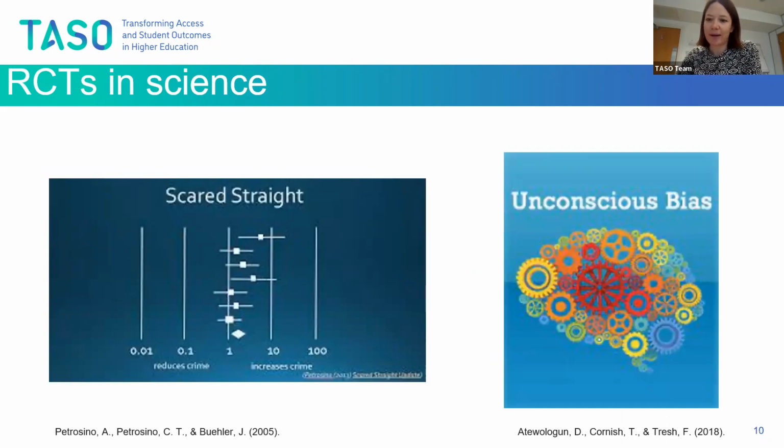I also want to spend a moment here thinking about studies or examples of where randomized control trials have allowed us to observe an intervention that does not work. So these are two more well-known or widely discussed studies or trials. The one on the left here is called Scared Straight, and this was a program run in the US